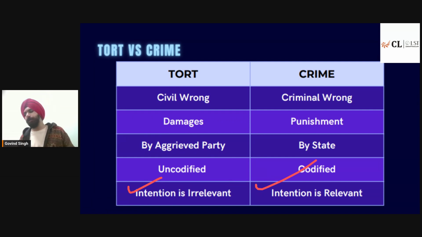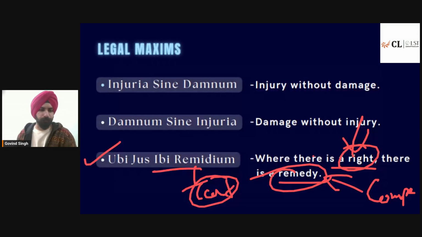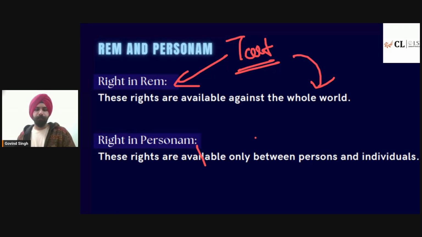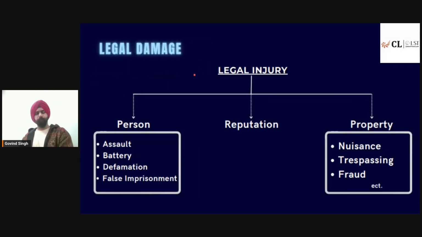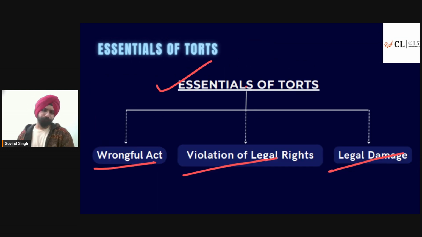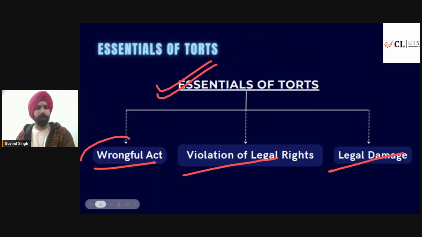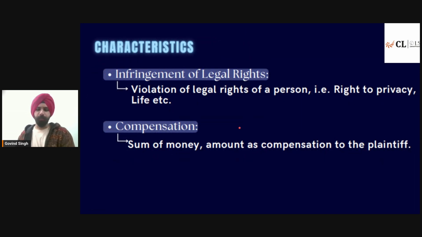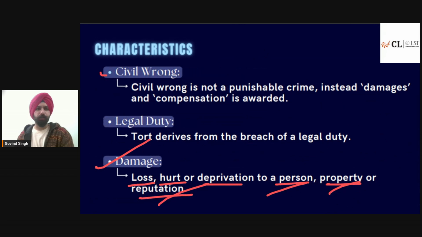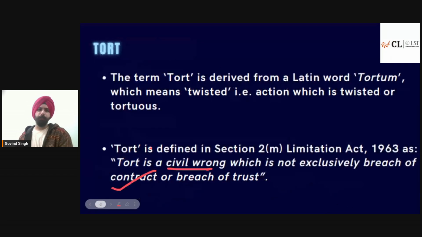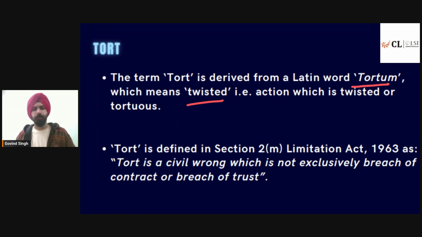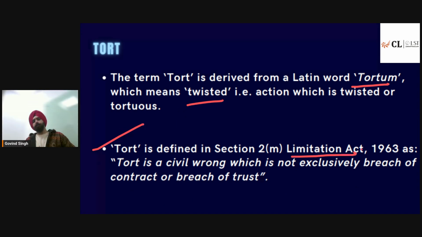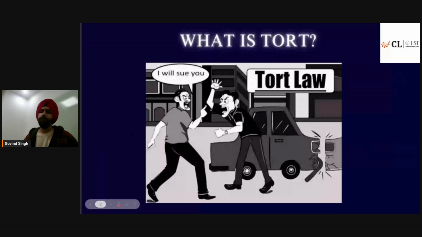So that is the difference between tort and crime. तो आज की क्लास में हमने देखा difference between tort and crime, some important legal terms, what are the different types of rights, right in rem and in personam, what are the types of legal injury under law of torts, essential elements of law of torts, कि एक wrongful act होना चाहिए, violation of legal right होना चाहिए, and legal damage का provision होना चाहिए। फिर characteristics देखे हमने, infringement of legal right, compensation, civil wrong, legal duty and damages, simple. And tort की हमने origin समझी कि tort word आया कहाँ से, एक Latin word tortum से आया जिसका मतलब होता है twisted, ठीक है। And हमने definition Limitation Act में जो दिया है वो भी देखी. So this is all what you needed to know for the first introduction to tort